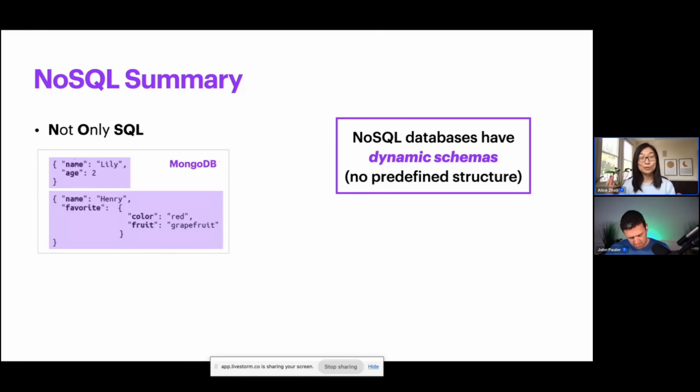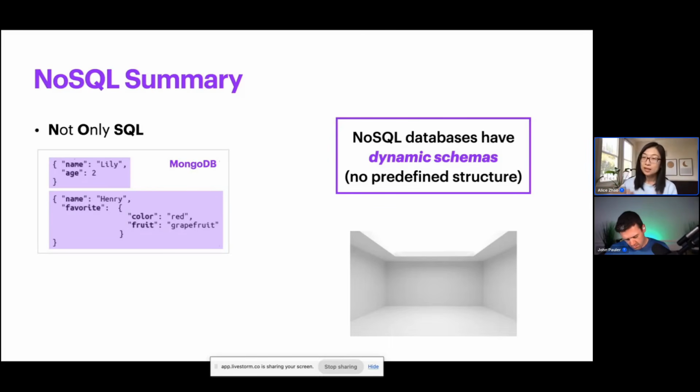So in terms of Legos, the way I like to think about this is a NoSQL database is basically like you have a big room, and then every time you buy a Lego set, you just put it in the room. And it's organized in some way, but it's not highly organized, it's just a way to store that data.